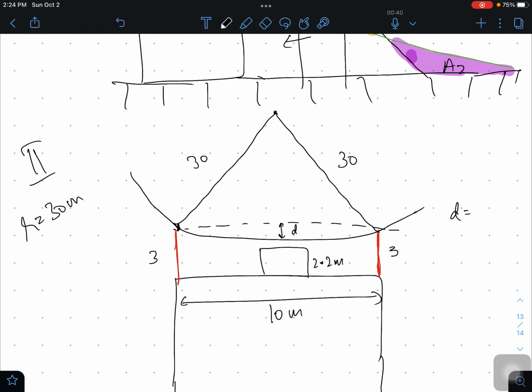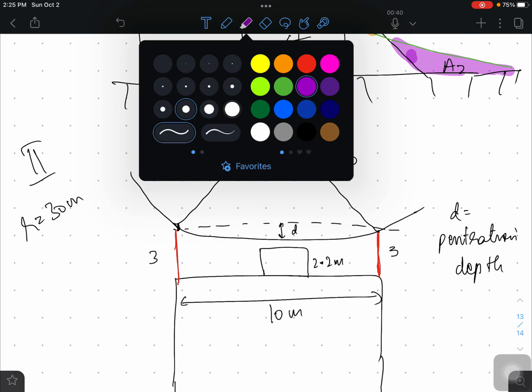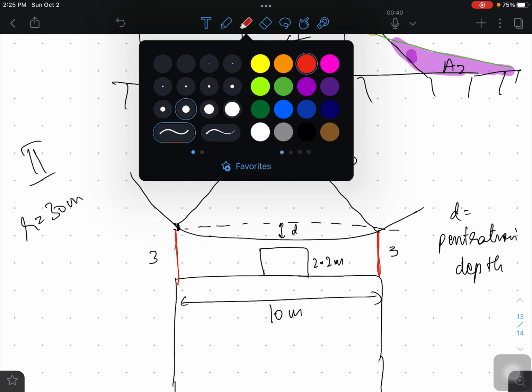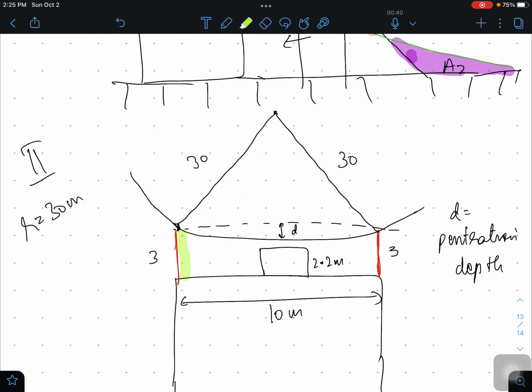This D is called penetration depth. We have to check that this penetration depth is sufficient to avoid any clash with the equipment, so that the equipment lies within this protection zone. This green part is your protection zone,